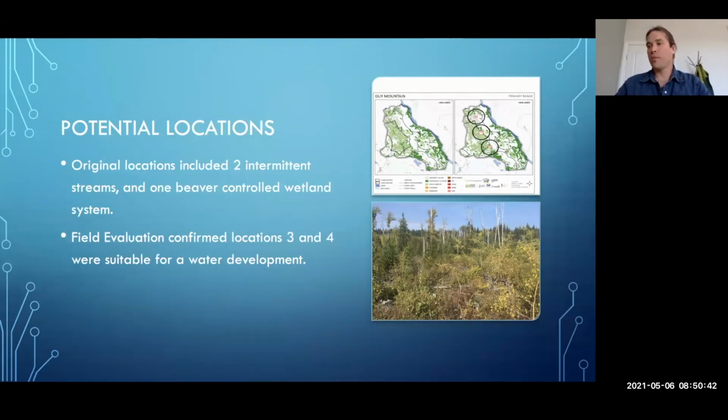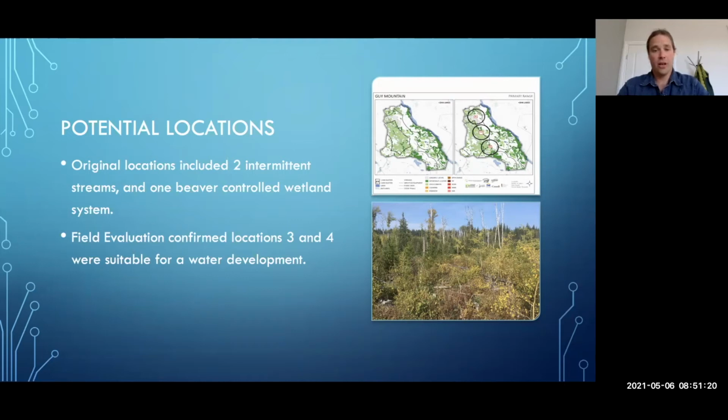So during the workshop and the planning phases, the producers originally identified three locations they thought were suitable for water developments. And after field evaluation, locations you can see on the map, identified 2, 3, and 4, locations 3 and 4 were chosen as very suitable for water developments. And like I mentioned, the planning stage that we used at the workshop was very effective in identifying, as well as the knowledge of the producers of their range unit was very useful in identifying